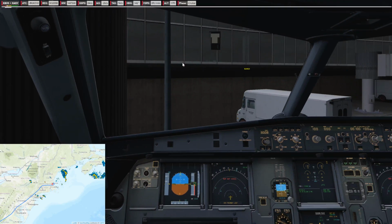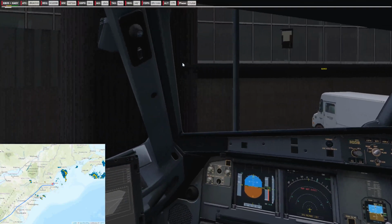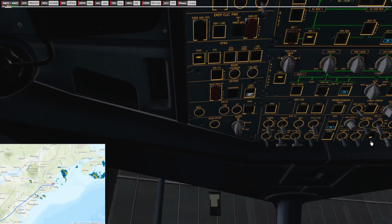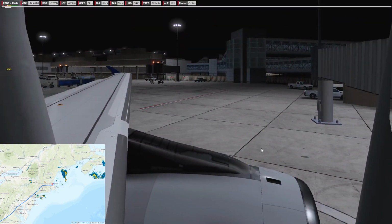Map not available. That should correct itself any minute now. IRS aligning in 2 minutes. Refueling. Let's switch on the APU and see if it works now. It wouldn't even let me start the engine. I'm running the IAE mod